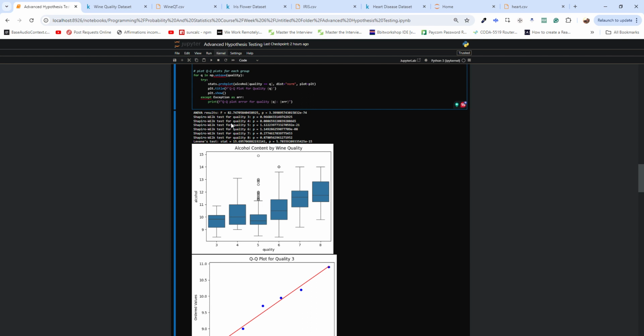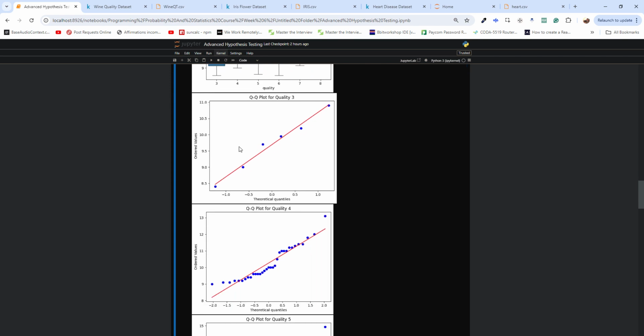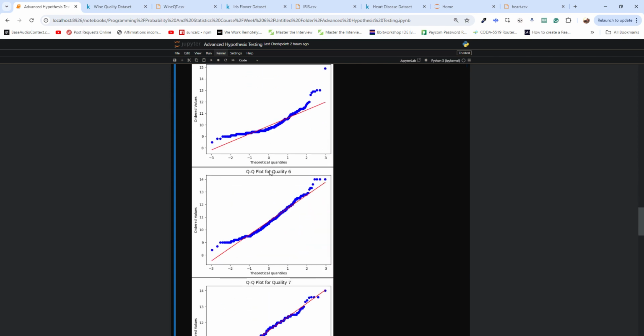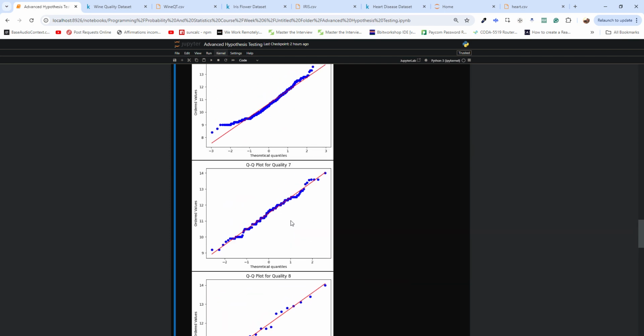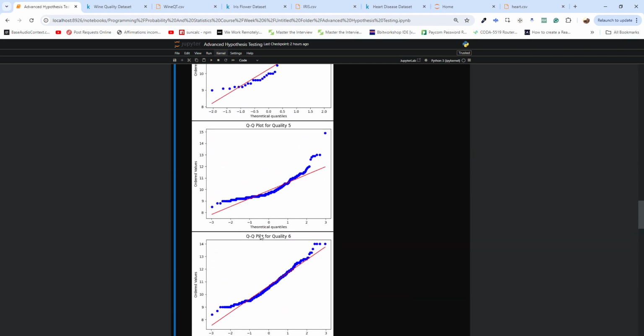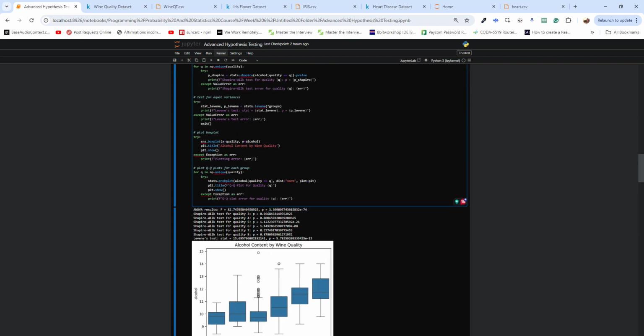We have quality 3 and 8 here that show points closely following the line, and this indicates normality. And then we have groups like 5 and 6 that deviate more from the line, and this indicates non-normality. We have our Levene's test